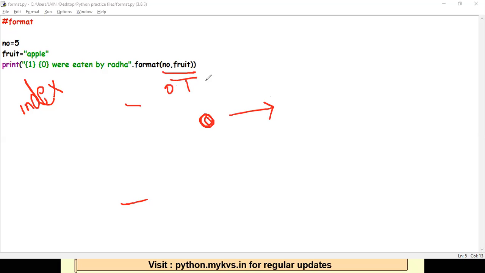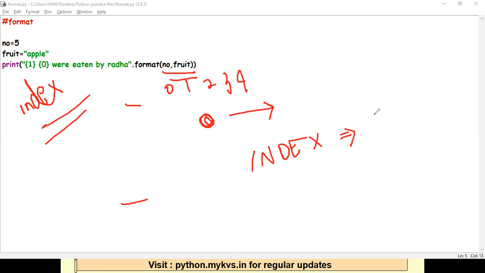If I had more variables, it would continue 2, 3, 4, whatever. The most important thing about an index number is it starts with a 0. Whenever we are talking about an index of a particular string or a list or anything, it always starts with a 0. That's why over here it did not work. This is 0, this is 1. So 0 went in the place of 0, 1 went in the place of 1.